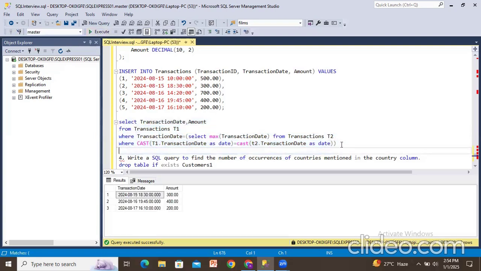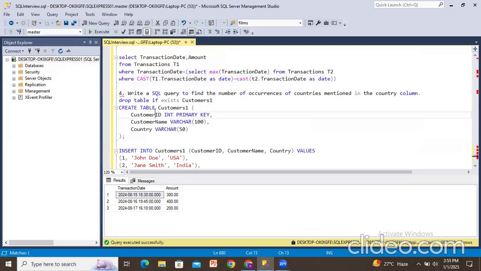Here I'm getting 3 transactions. So let's check with the records. For the first 2 records, I get the amount 300. For the next 2 records, I get 400. For the last transaction, only 1 record, that is 200. So this way we have to execute. The main condition is where T1 transaction date equals T2 transaction date, then it is working. Okay. Next,